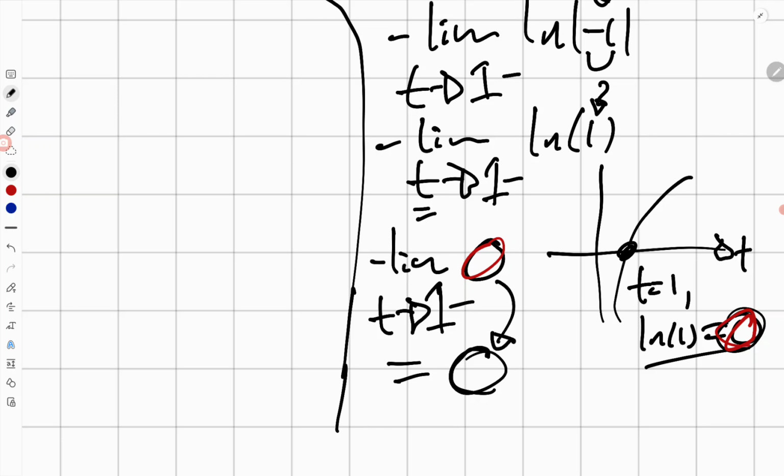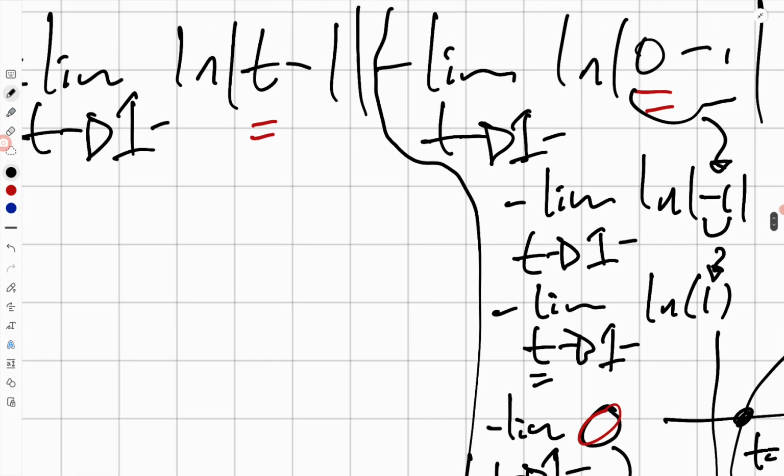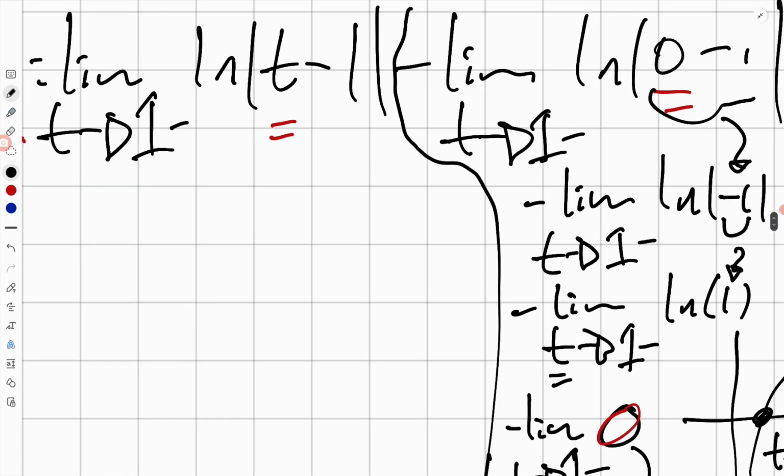So all these basic rules from Calculus 1 always apply. Pre-calculus applies. Everything always applies in math, right? This is like the ultimate form of a cumulative subject. Brick by brick. Okay, so limit as t approaches 1 from the left of ln of the absolute value